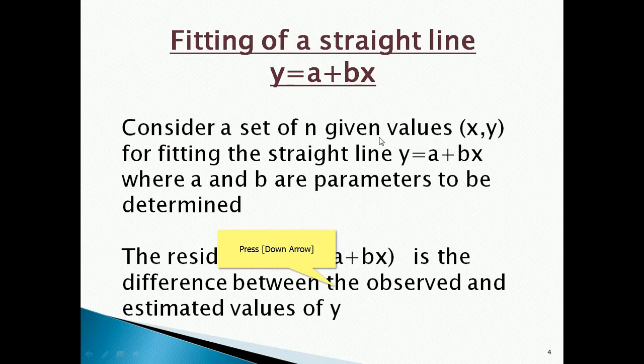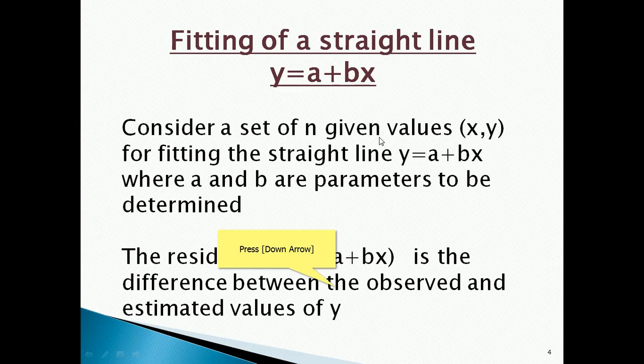First relationship, we are finding a relation of the form y = a + bx or y = ax + b. This y = a + bx is the linear equation in x and y. This equation is known as the straight line. Now I'll explain to you how to fit a straight line for the given values of x and y.